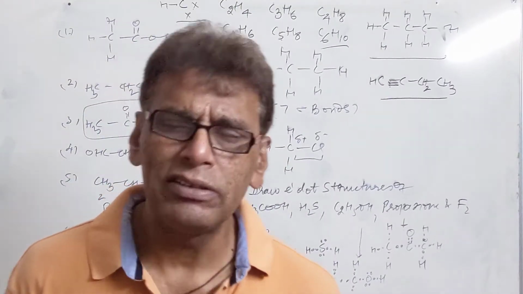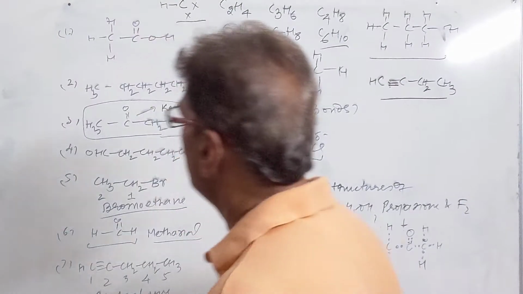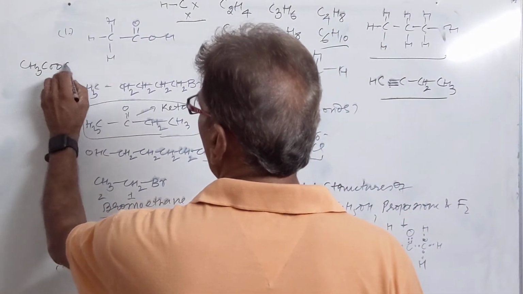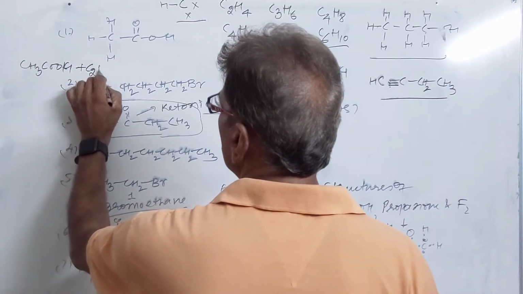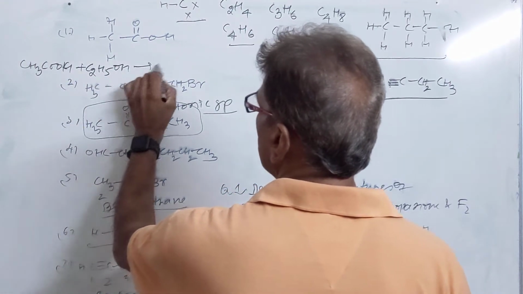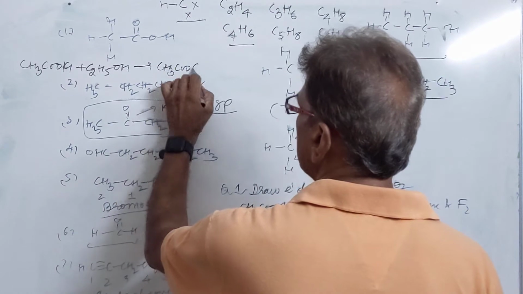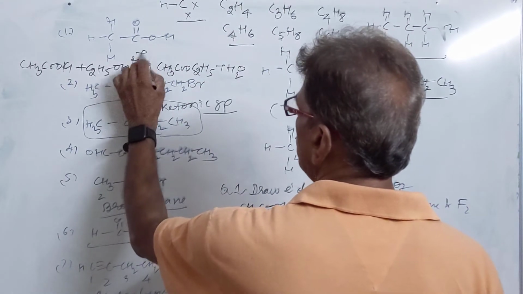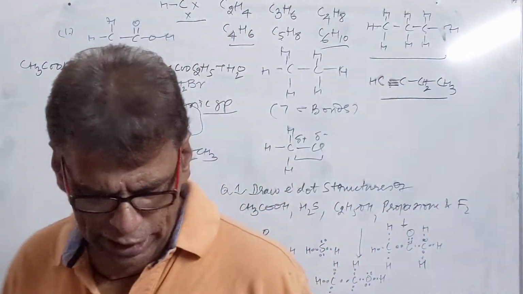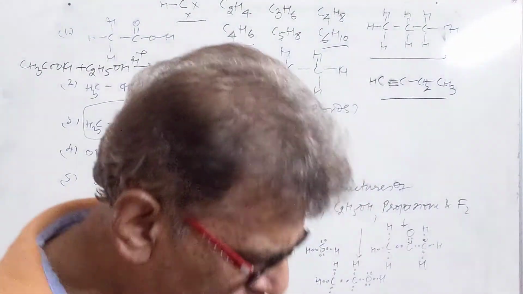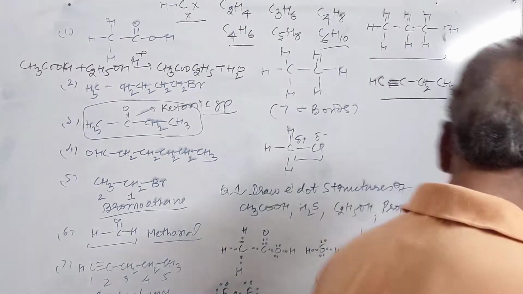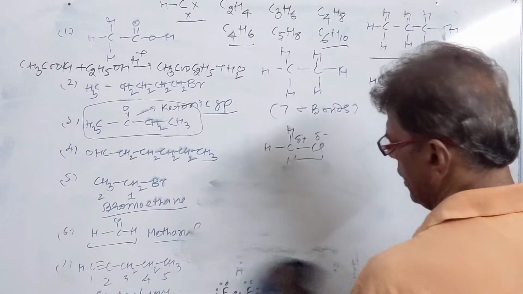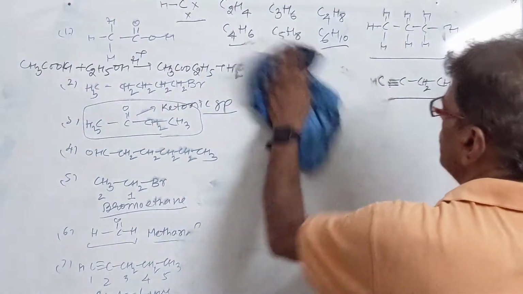Then complete the reaction, that is CH3COOH combines with ethyl alcohol. What will be the product? This reaction is an esterification reaction. It will give you ester plus water, and this reaction takes place in the presence of H positive ion, or in the presence of sulfuric acid. So this is a very important reaction. We have already done this reaction. This is also called as saponification reaction.